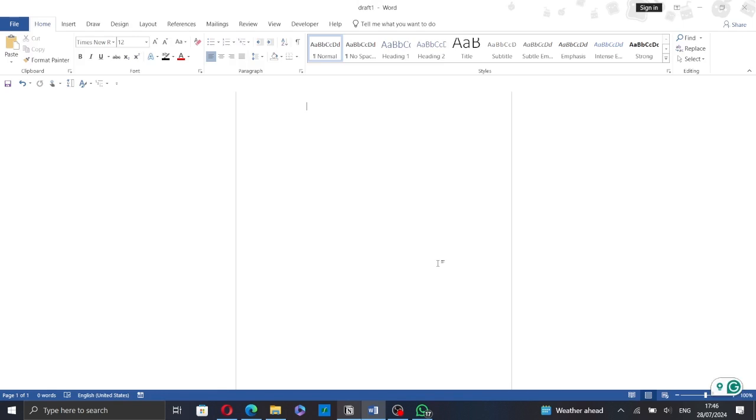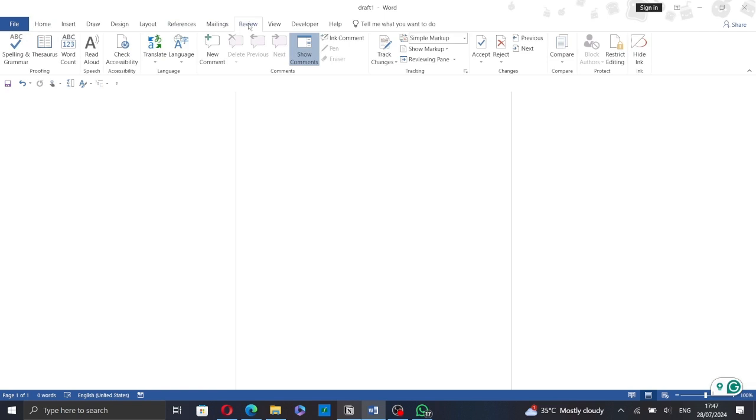And finally, some tips for writing a book in Microsoft Word. The first one is to break your work into manageable sections. The second one is to use the Review tab for spelling and grammar checks. And the third one is to utilize track changes for